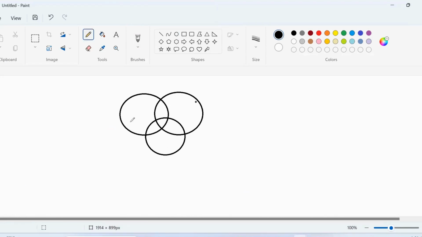If I take this as 1, 2, and 3, this is first table, this is second table, and this is third table. Now, for example, if I write a syntax, table 1, table 2, table 3, if I'm joining in the same sequence,